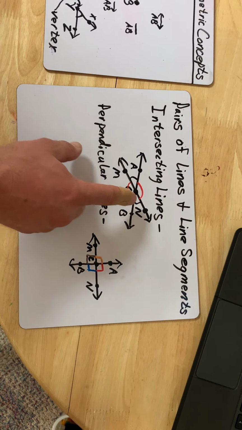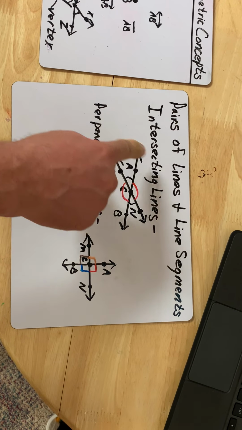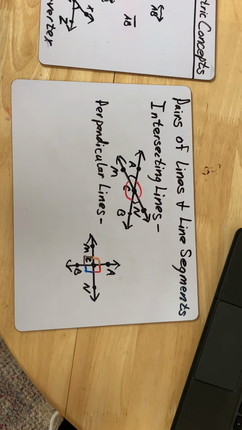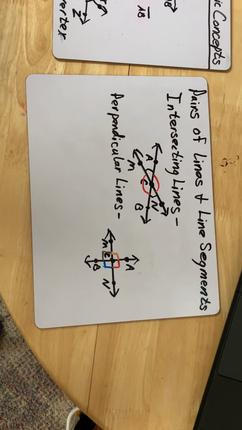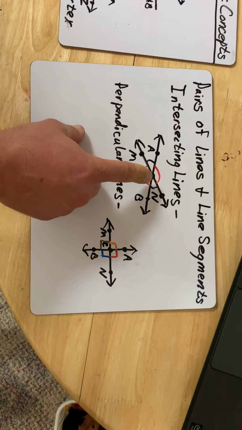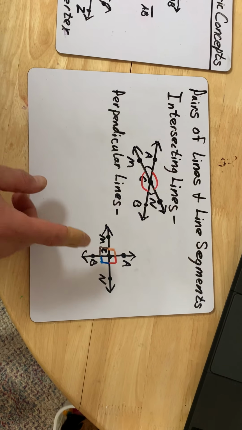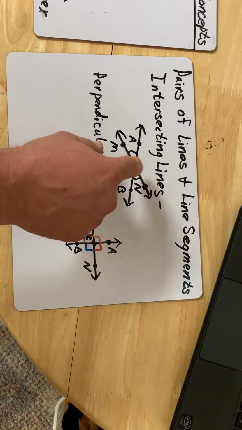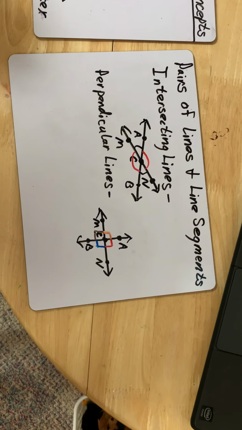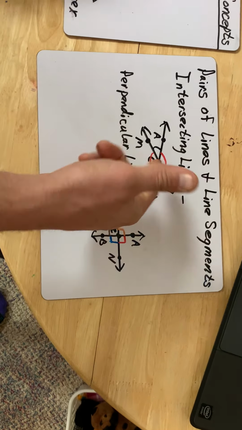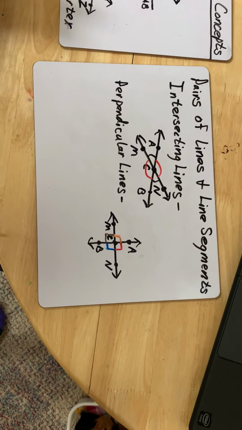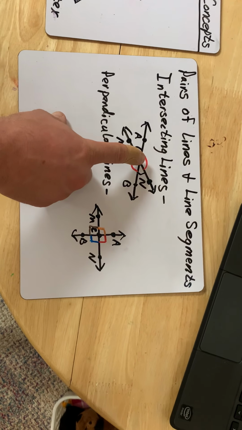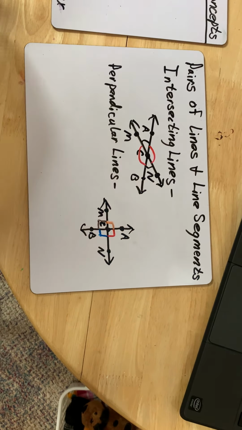Well, those 4 angles also make a full circle, right? So they all add up to 360 degrees as well. But the difference is I don't know what those angle measurements are just by looking at it. Whereas if they're perpendicular, you know it's 90, 90, 90, 90, right? Intersecting lines, they're definitely going to create 4 angles that add up to 360. But if you don't know what any of them are, then you can't really tell what they are. Okay. If I told you one of them was like 120, then you could tell me what all the rest